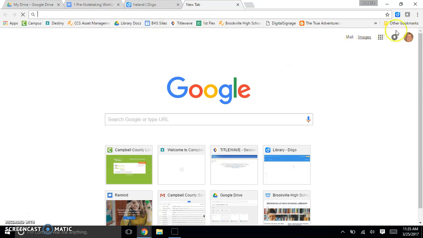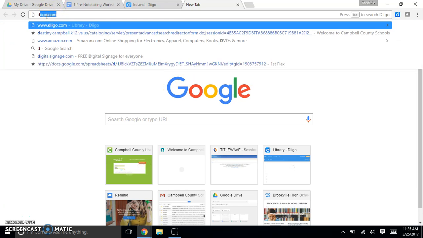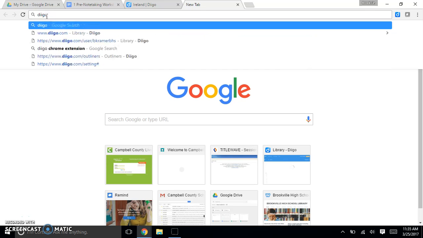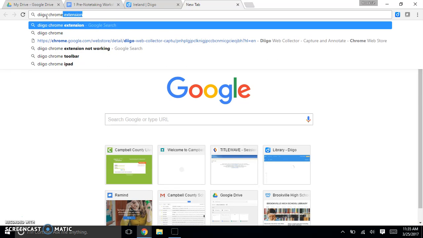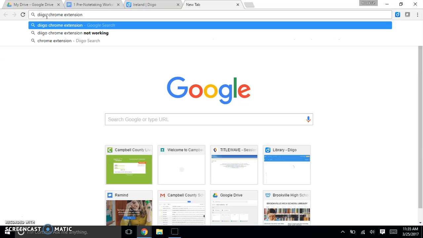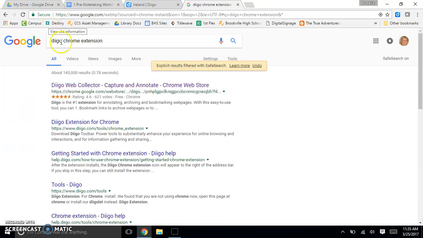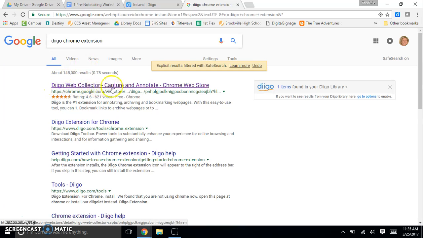What we're going to do now is we're going to add our Diigo button to our Google Chrome, and this is going to be really important to be able to save websites in just a little bit. So come on up here into the URL box, and I want you to type in Diigo, D-I-I-G-O, space, Chrome, space extension, and hit enter. So it should be spelled just like this, and if you spelled it right and typed it in like I asked, the first option says Diigo Web Collector, Capture and Annotate Chrome Web Store. So we are going to click on that,